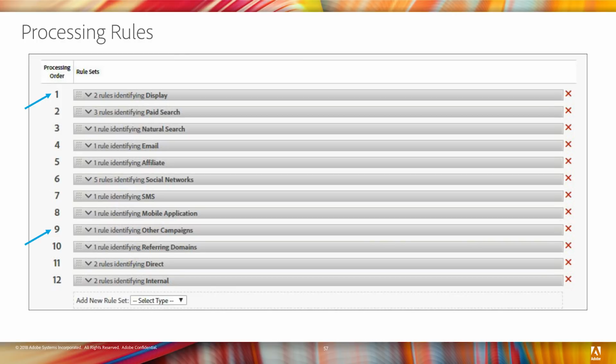Next, let's take a look at the fun stuff, the processing rules. These help Adobe identify which channel a visit came from. These rules will happen in a waterfall style, and you set the processing order however you like. One of the things to remember here is that these are not a priority, but these are how you bucket